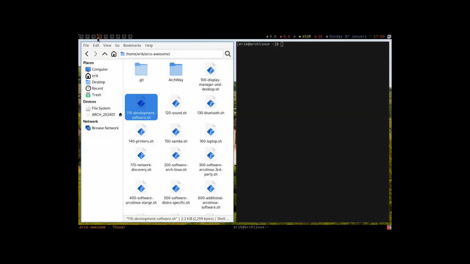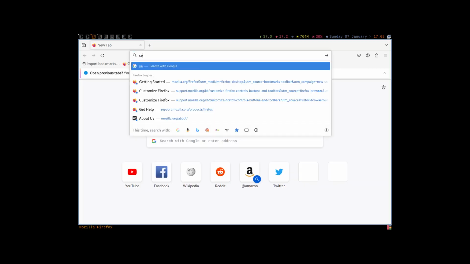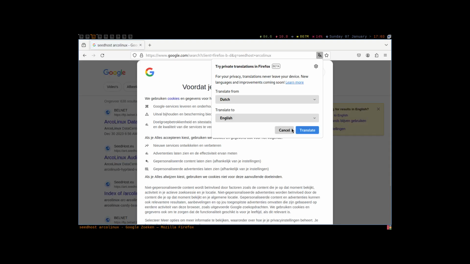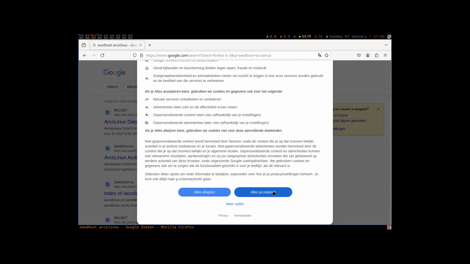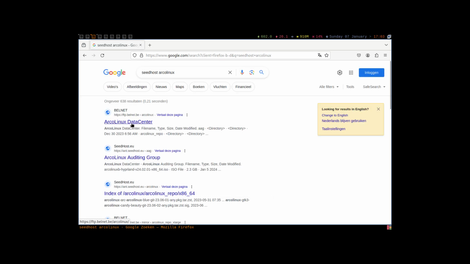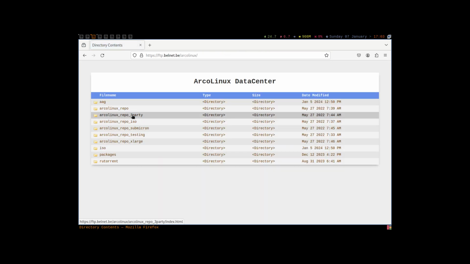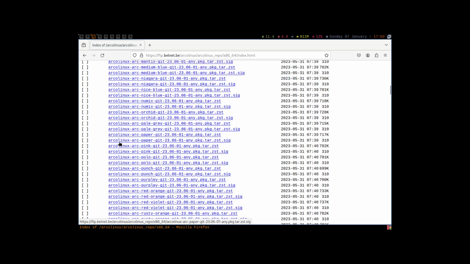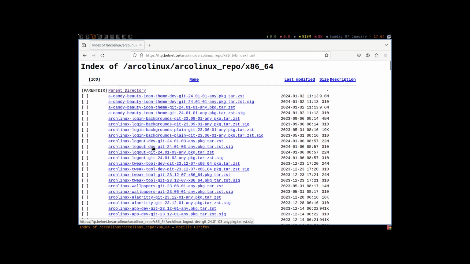If we want to continue this reasoning, Ctrl Alt F, we go to the TTY host of ArcoLinux, and you can do this with anything, and that is the data center is good. Then we go to what we're looking for. That's in the repo here. Here it is already. Log in, log out, this one. If you download this one,